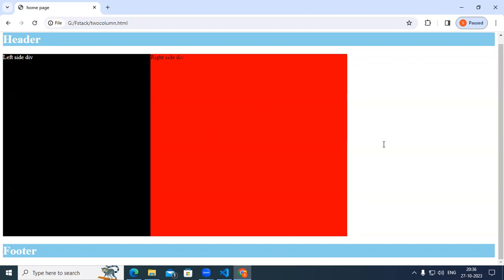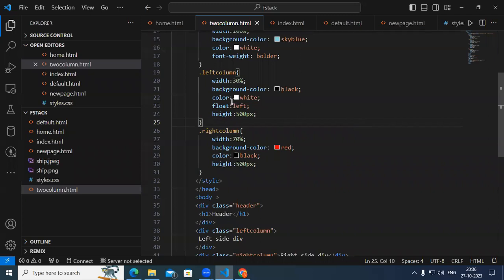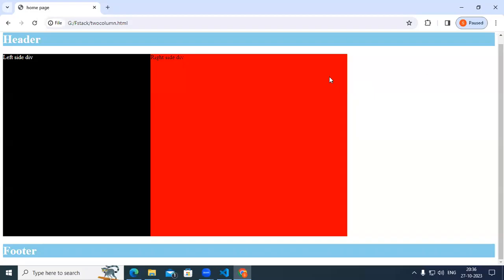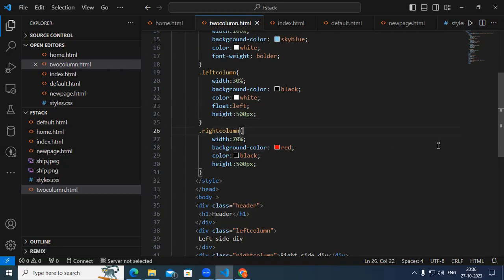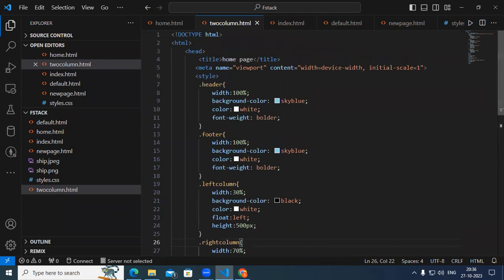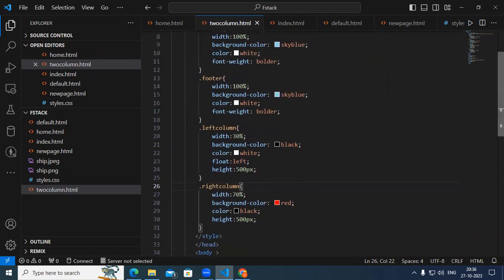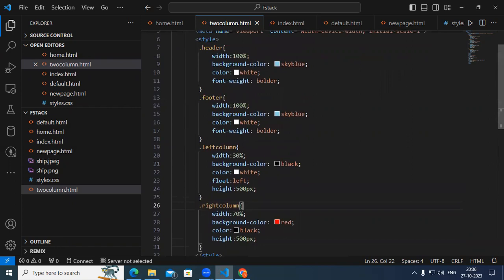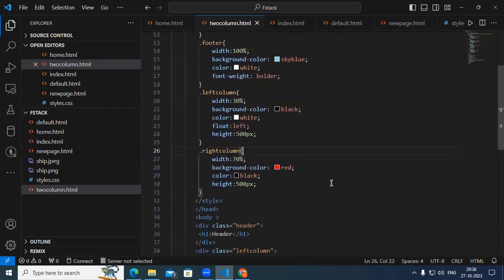What could be the reason? Let us check. How much width is taken here? 30%, and here it is 70%. But it's having only this much space. It should come till the end, but it's not taking that much. So what is the reason? Is it mandatory to mention float as right for the right column? Not required. Why is it not required? The first thing is float left here. We need not put right in this case. Why? Because